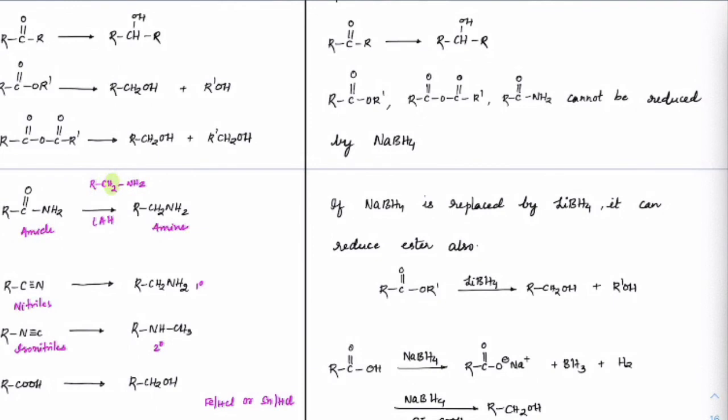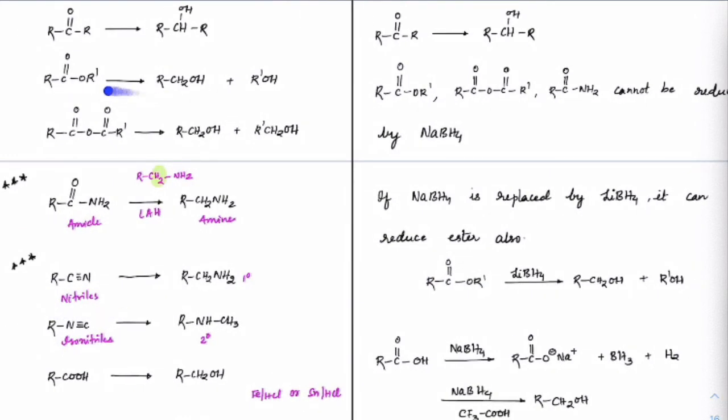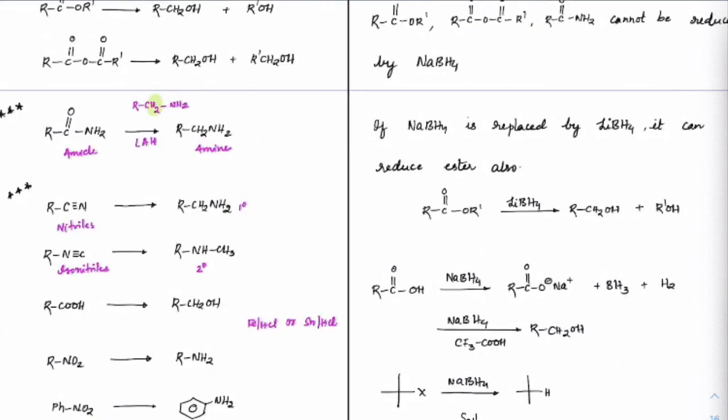But what has been found is that if this sodium is replaced by lithium, then it will become lithium borohydride, LiBH4. Then just like what happened on the left hand side, where you can see esters got easily reduced, the same thing will happen here also. If you take lithium borohydride, the electrophilicity of this carbon increases, and you can see the reaction will take place and form alcohols. So just one important tip: wherever you replace sodium by lithium, they will give similar reactions to what lithium aluminum hydride was giving.